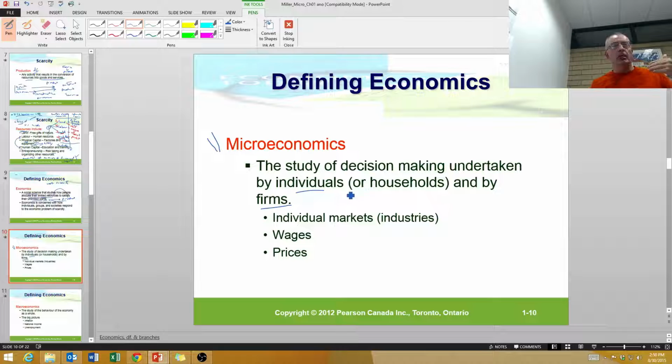We often don't talk about individual people so much in microeconomics. We really talk about households. Households are sort of the owners of the resources. Yes, a household might only have one person in it, but a household is usually made up of a family. So you might have a husband and wife and a bunch of children, and that comprises a household rather than just an individual. Anyways, so households make decisions, and likewise,